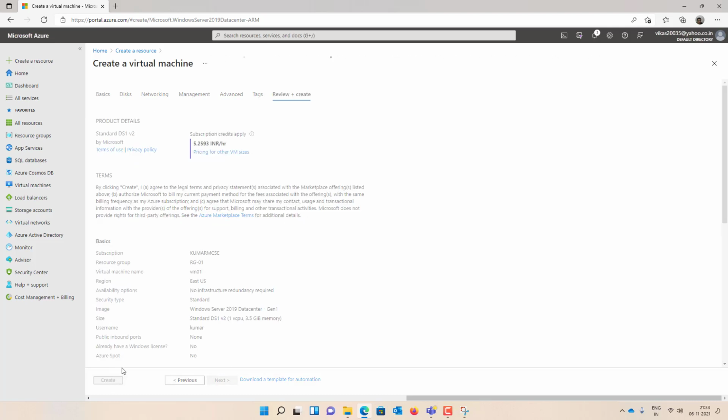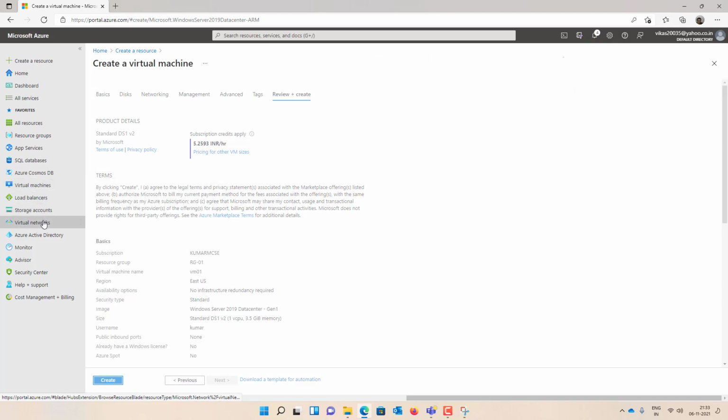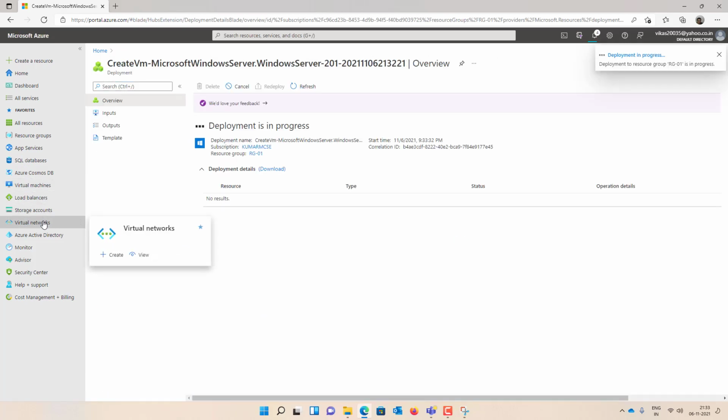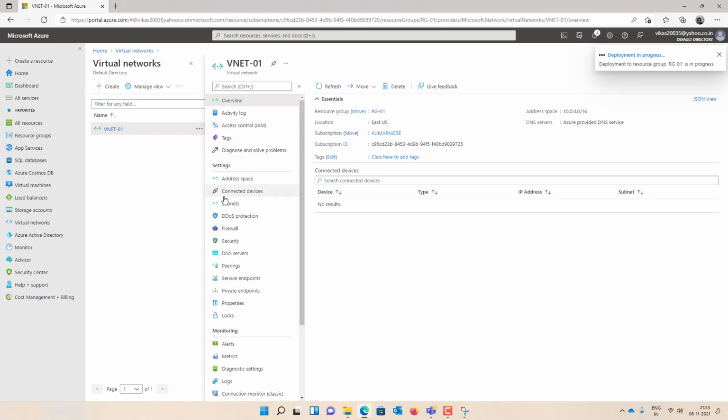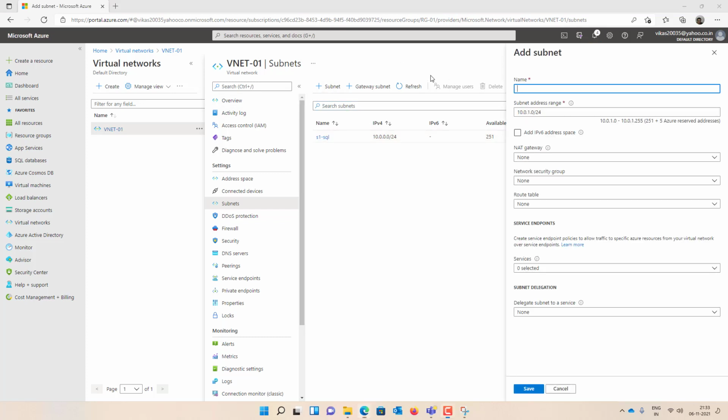So now to deploy Bastion host, we need to create a special subnet. So I'll go to my VNet and existing VNet under subnets. So my production subnet is already there. So I'm going to deploy a separate subnet.